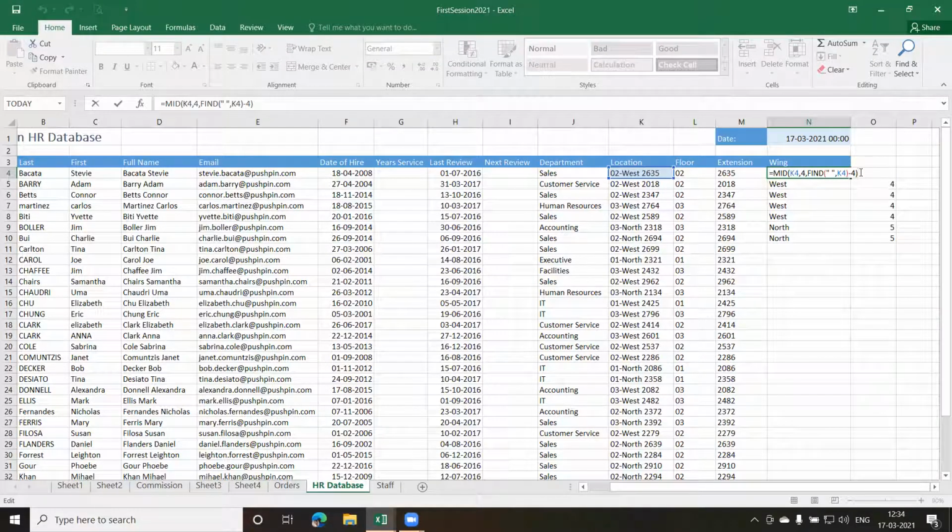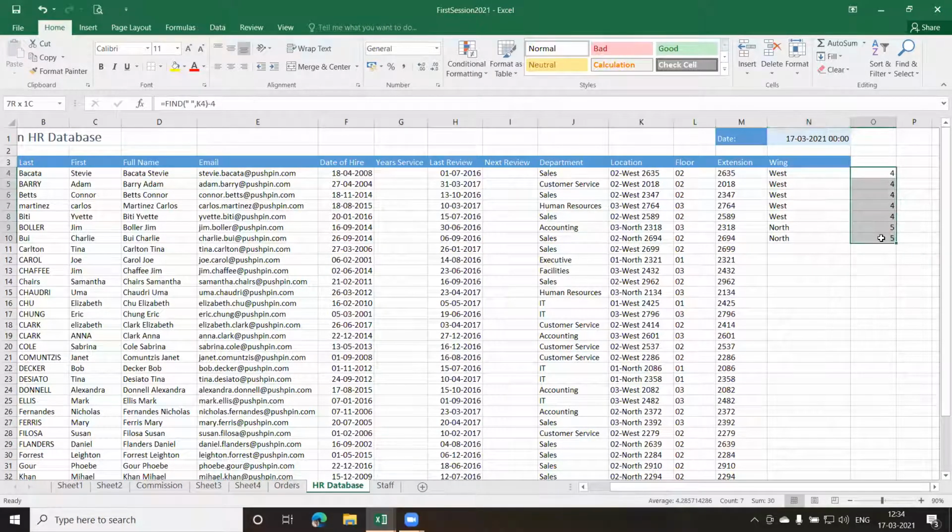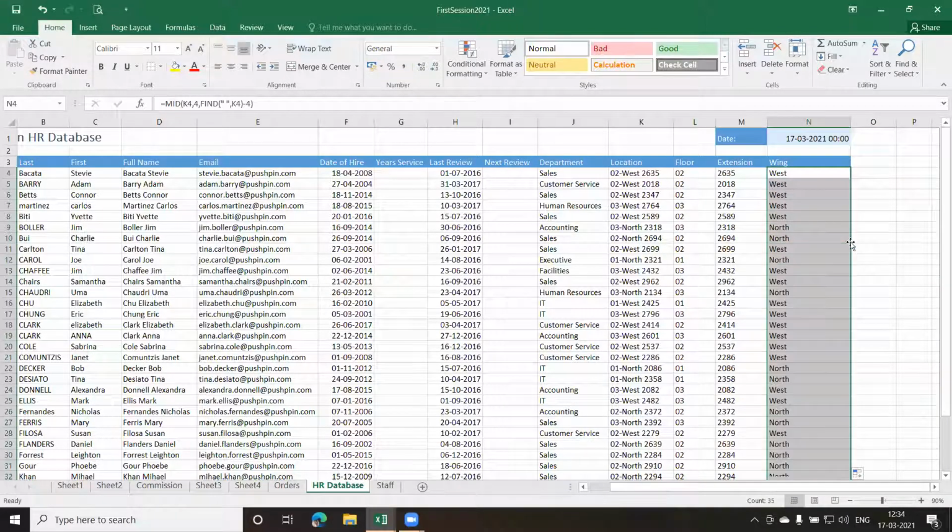Depending on what type of combination your location is, this -4 will keep on changing depending on the requirements. Now in this example, I require -4. Clear? So I'll just delete this one. And now I can just double click from here. I get all the answers. I hope you have understood up to here.